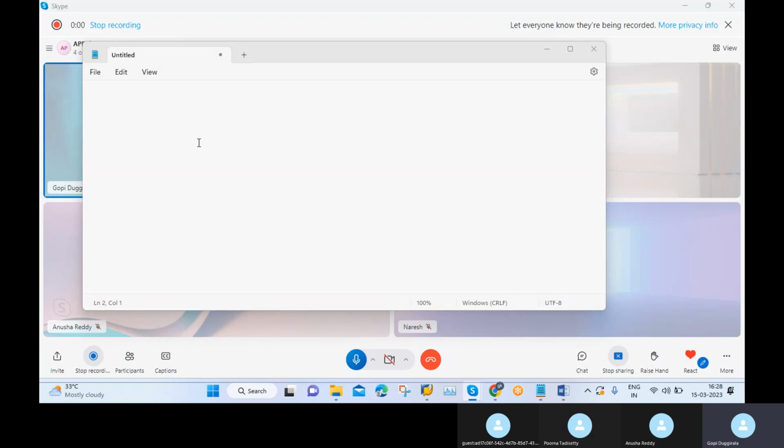So good evening all. Today we will try to explain APP, the automatic payment program. Before that, we will try to